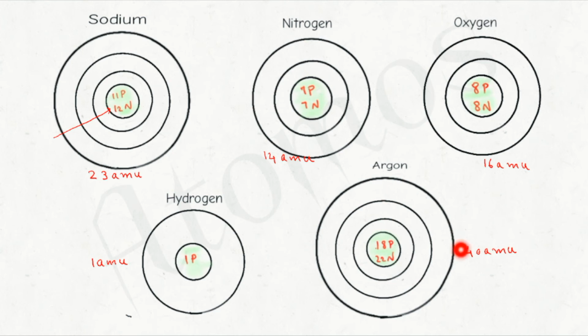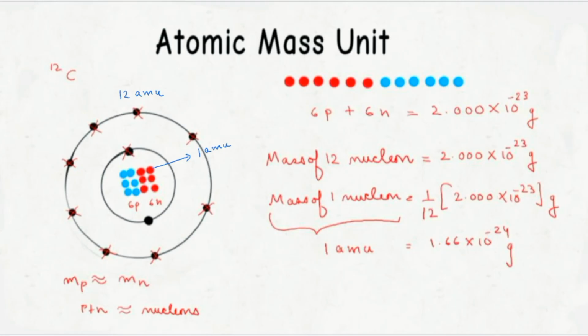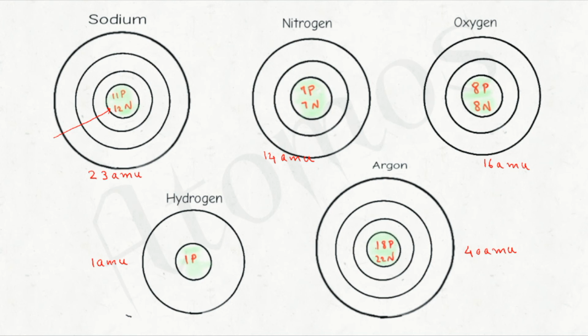Okay, then somebody is telling, no, I want the mass of argon in gram. That means if we are keeping one atom of argon on a weighing balance, what will be the mass of it? So that time itself we will convert it. See this one. 1 AMU is equal to 1.66 into 10 raised to minus 24 gram. So what will be the mass of argon atom in gram? We will multiply it. Easy, no? Okay. And what about the mass of oxygen atom in gram? We will convert it. 16 into 1.66 into 10 raised to minus 24 gram.